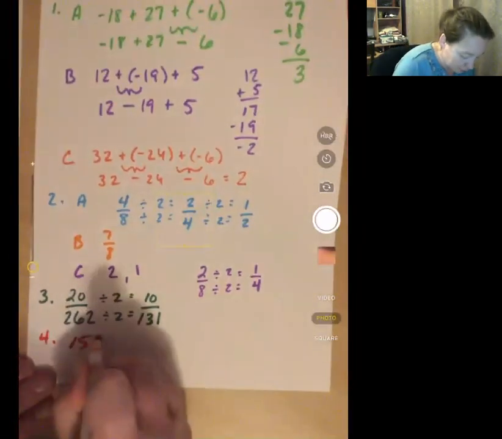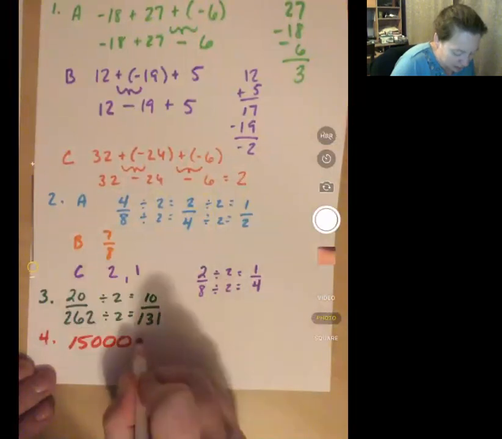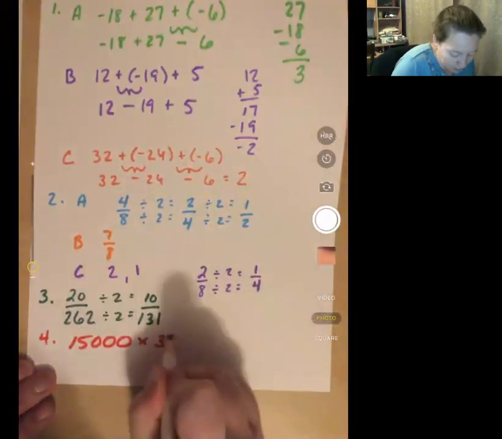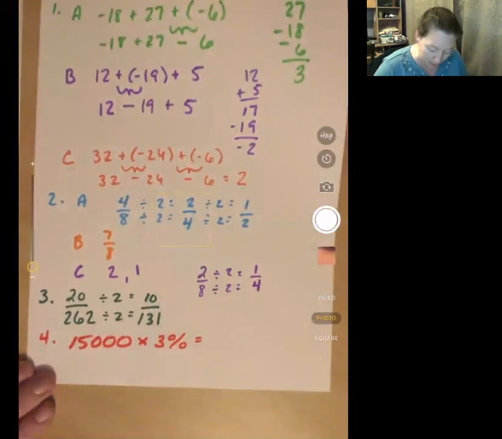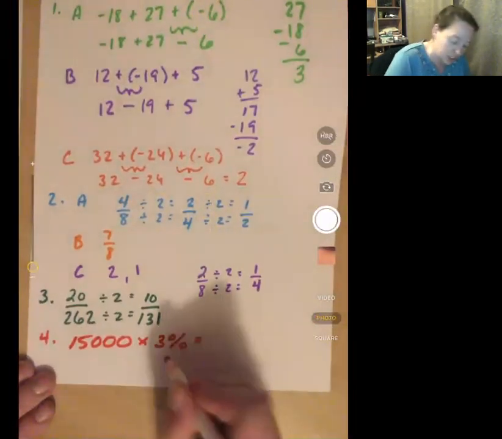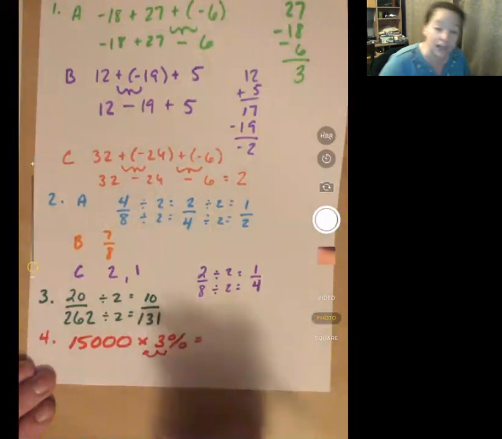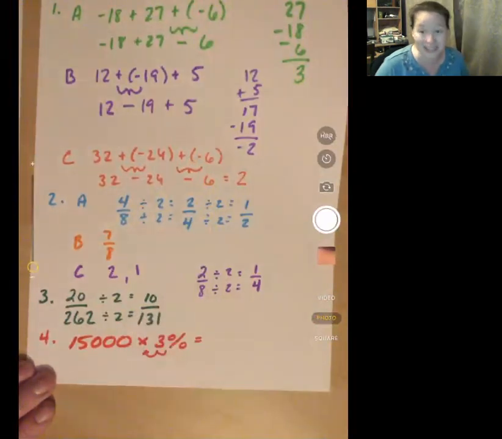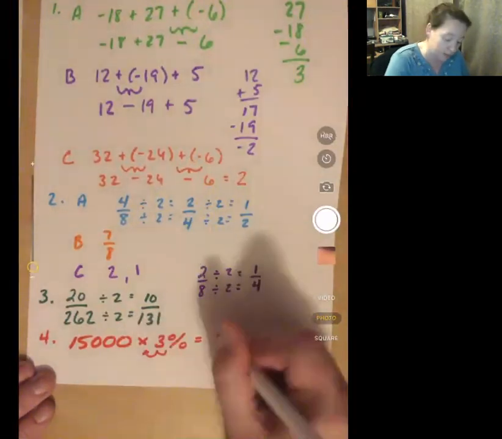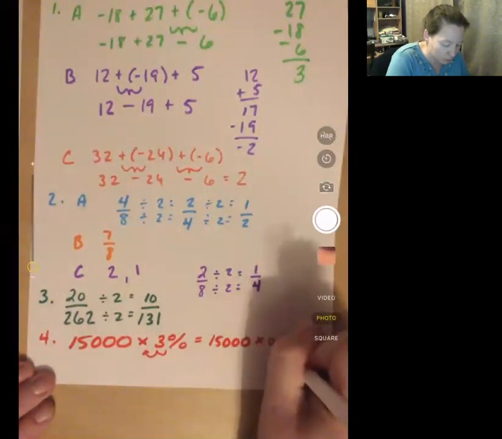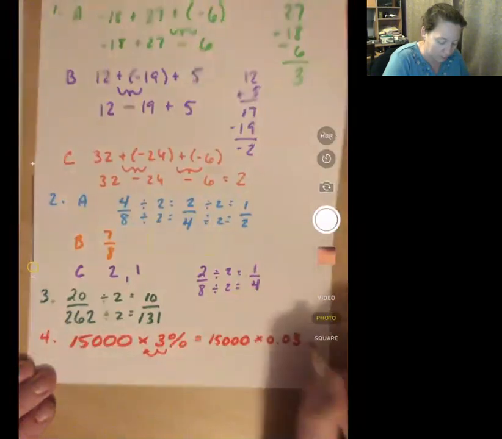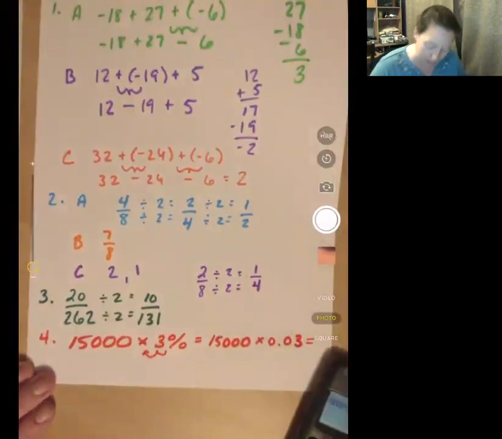So I have 15,000 packages, and then I am going to multiply it by the 3%. Now remember, I cannot multiply by a percent. I need to change it to a decimal. It always goes over 2 spaces. I don't care how many numbers you have. So I end up with 15,000 times 0.03, which gives me